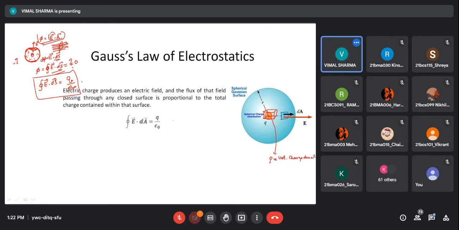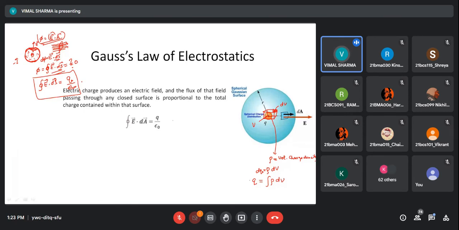Okay, and I choose a small portion of this, that is dV. This total volume is V, and I choose a small portion of volume dV. Then I can find the amount of charge in that small dV volume. So rho is the charge per unit volume, times volume gives you charge in that volume. So the small charge on this dV volume is rho dV. And total charge Q inside this volume V is the integral of this